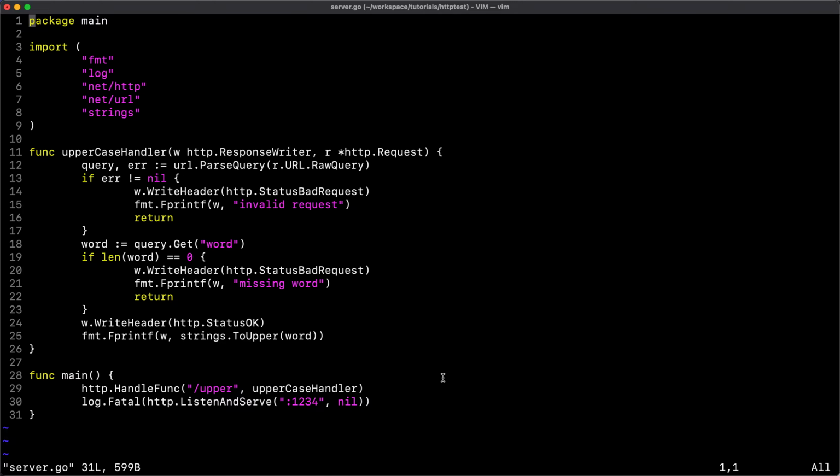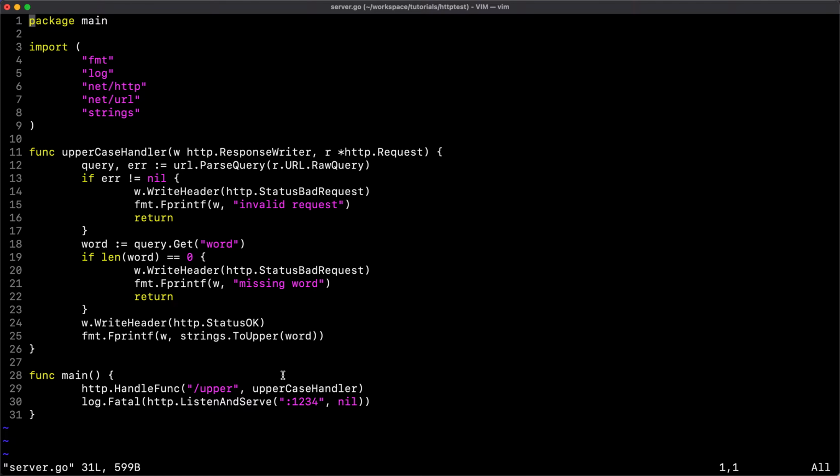You can check in the Go Cafe channel some of the videos around the HTTP servers in Go. It's very easy to understand. A handler always has a response writer and a request coming as parameters, and it's going to write the result of the processing into the response writer, and it's going to read the parameters from the request object. In this case, our server is just a server that takes a string and returns the uppercase version of that string.